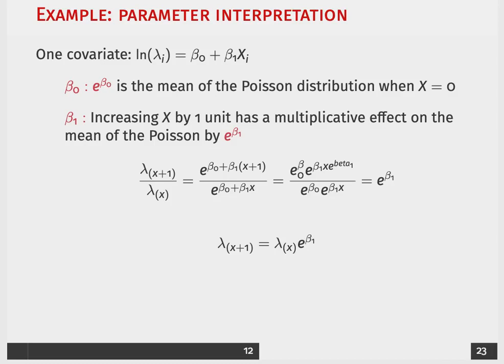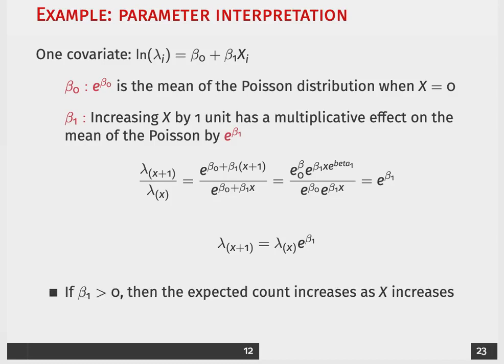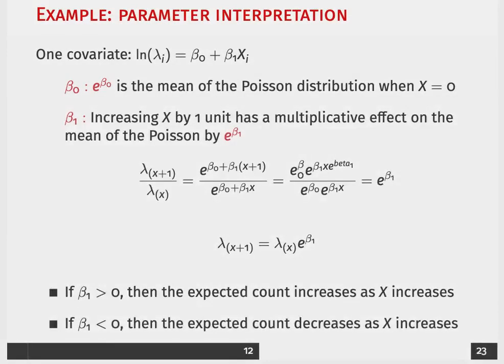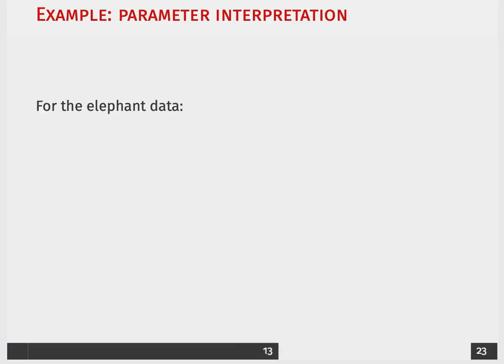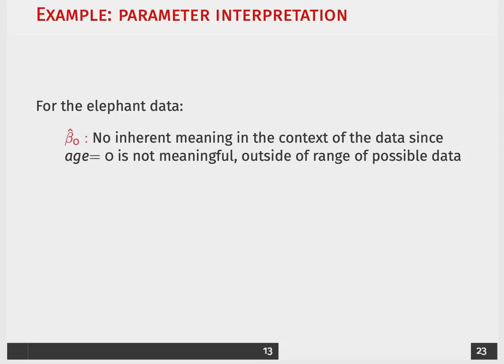So what we can say is that if beta 1 is above 0, then the expected count increases as x increases. And if beta 1 is less than 0, then the expected count decreases as x increases. So again, this is very similar to the way in which we would interpret our estimated coefficients in any other linear model. In our specific context, though, with the elephant data, beta naught isn't really going to have much inherent meaning